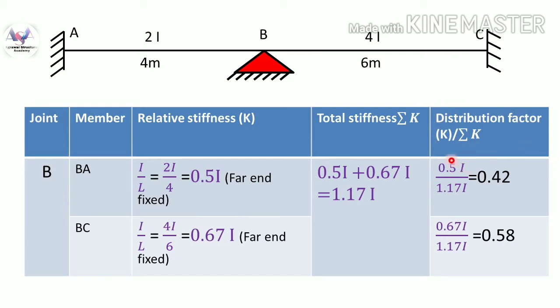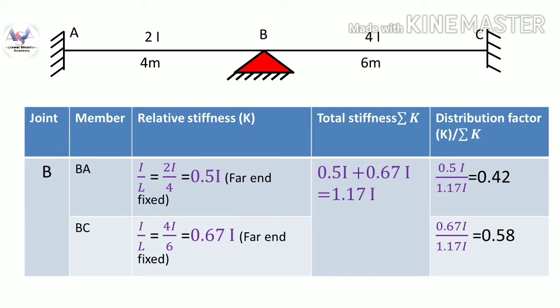The relative stiffness of the individual member divided by the total stiffness, in the same way that we calculated in the previous one. Here it is K divided by the sigma K. So K is equal to 0.5I, this 0.5I divided by this total stiffness 1.17I, that is equal to 0.42, and